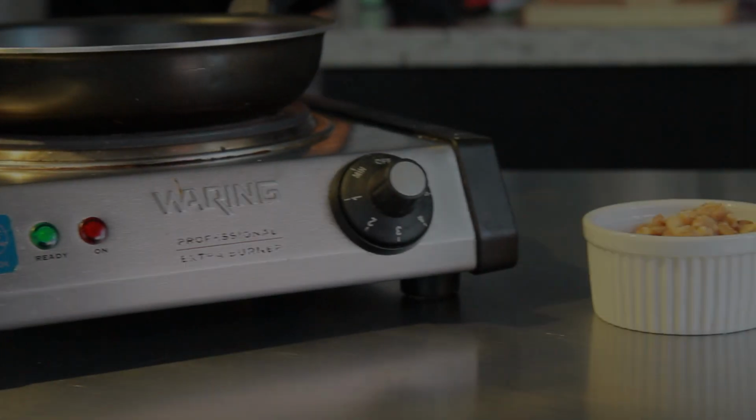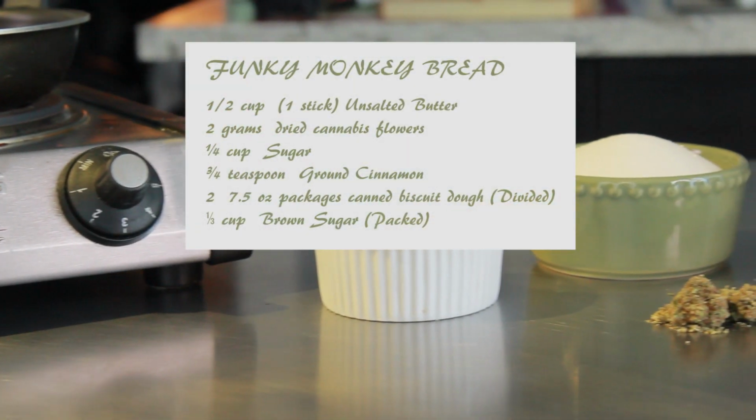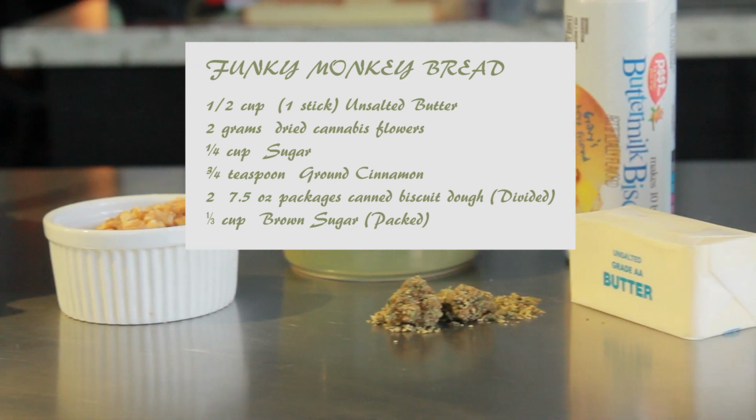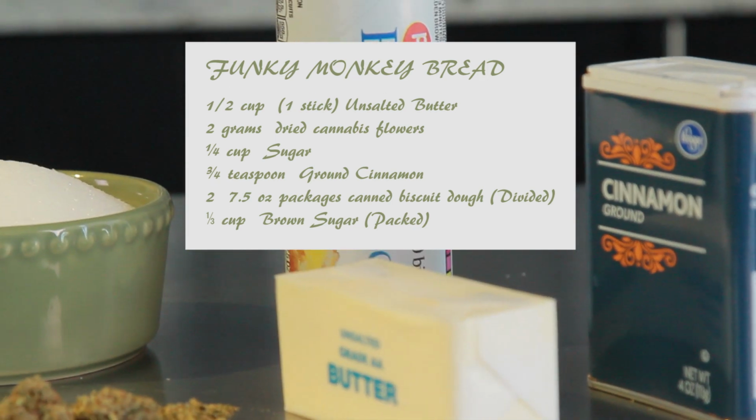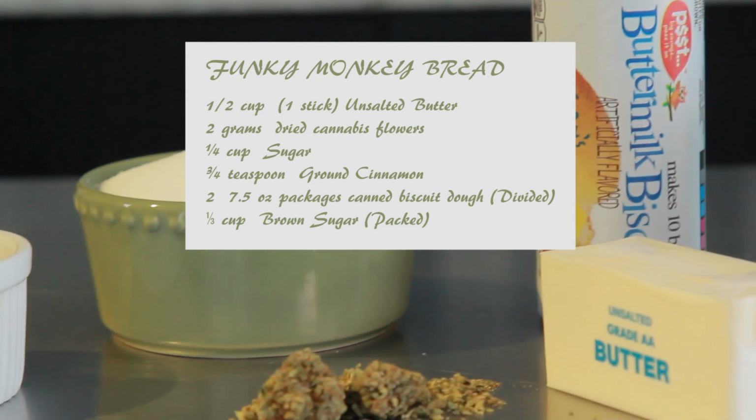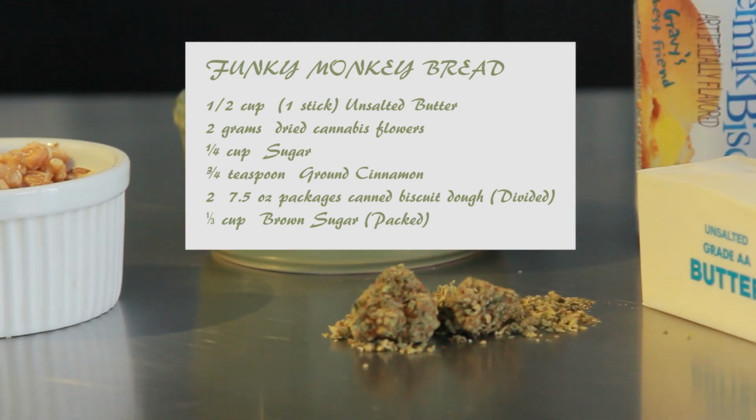So let's get started. Here's what you're going to need. You're going to need half a cup, that's 1 stick, of unsalted butter, 2 grams of dried cannabis flowers, 1/4 cup of sugar, 3/4 teaspoon of ground cinnamon, 2 7.5-ounce packages of canned biscuit dough, and 1/3 cup